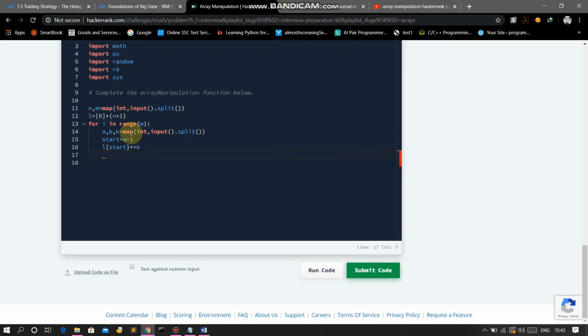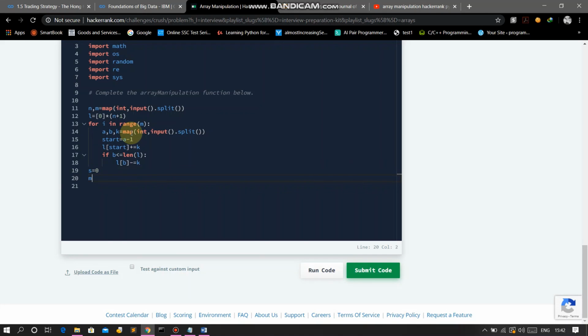Now we will check if b is less than or equal to the length of L. If that is true, then L of b minus equal to k.